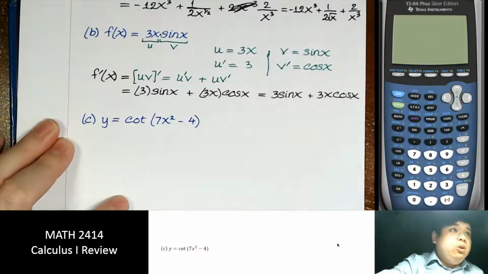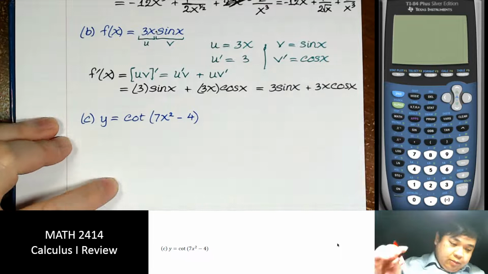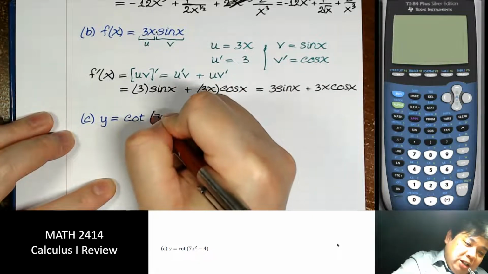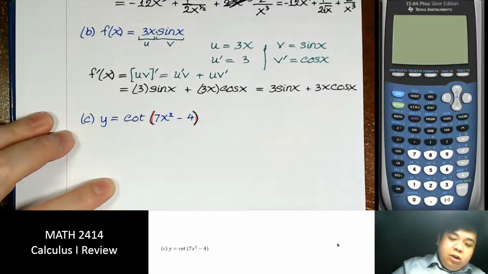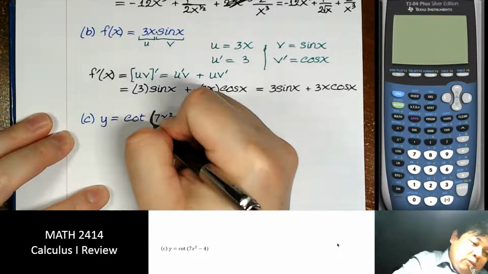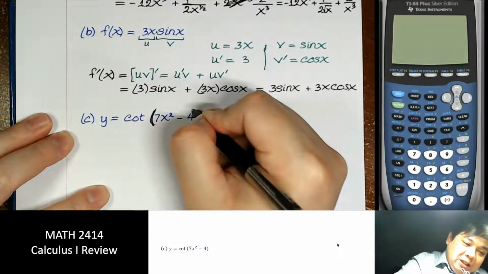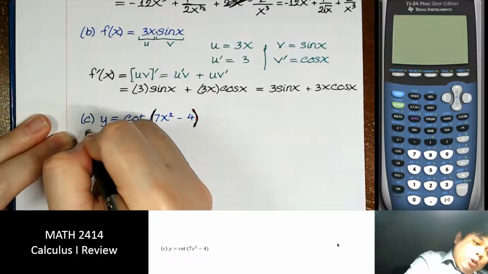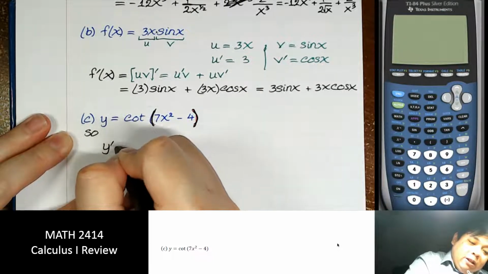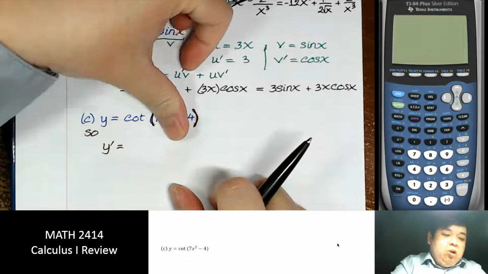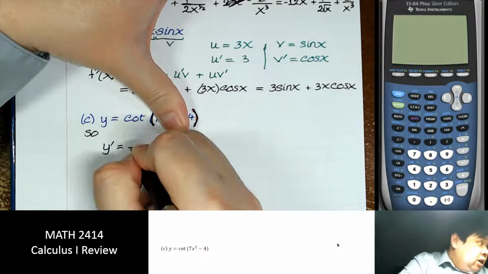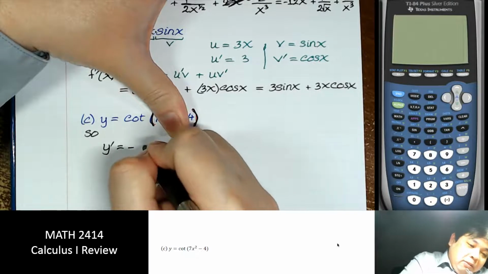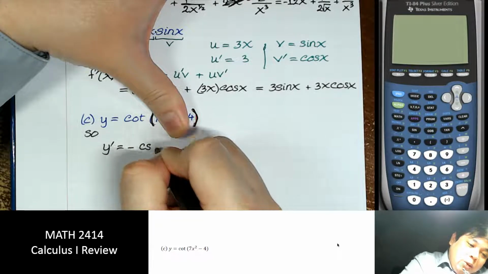So what we have to do is put parentheses around that. When we take the derivative of cotangent, it doesn't matter what is inside. The derivative of cotangent is negative cosecant squared,